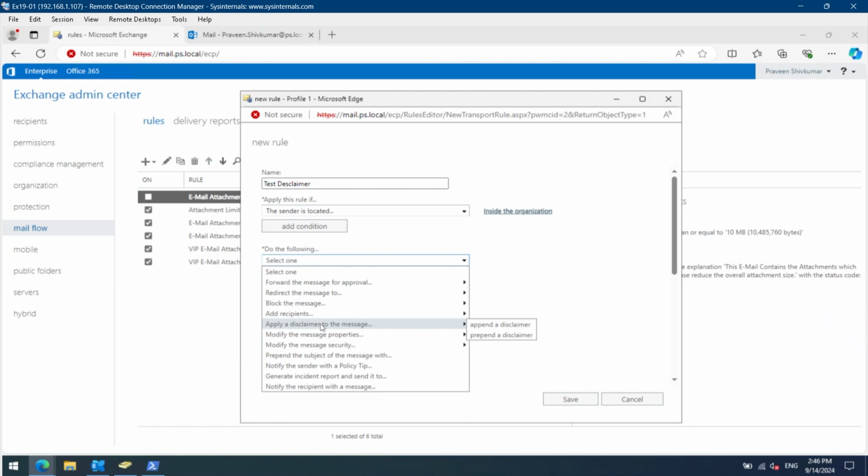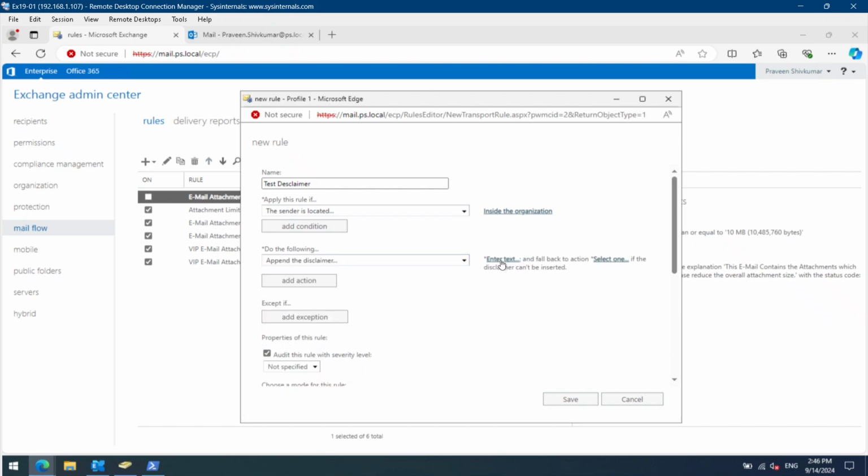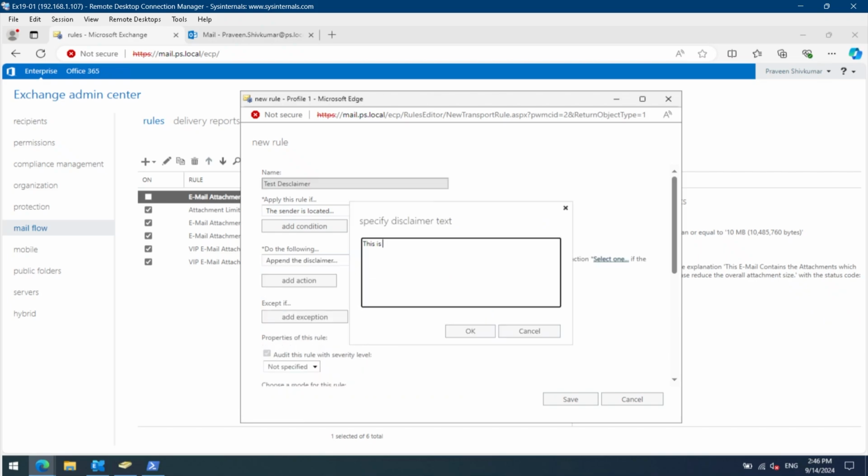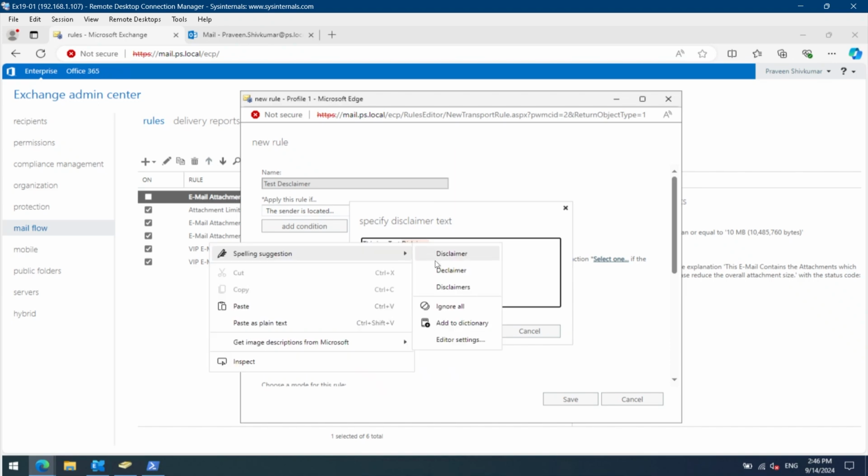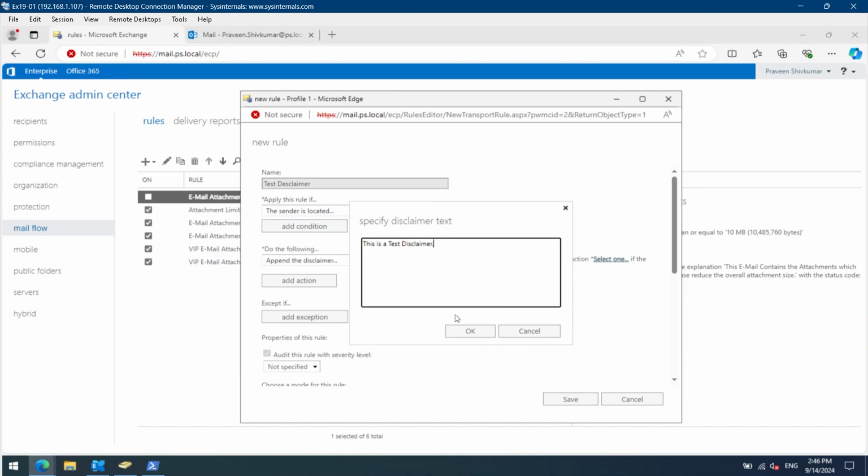In the Apply Disclaimer, there are two ways you can apply the disclaimers. The Append Disclaimer will add the disclaimer at the bottom of your email content. The Prepend Disclaimer will add the disclaimer at the top of the email body. Let's append the disclaimer here as a test. So I will say this is a test disclaimer, and I'm only providing the plain text disclaimer here, and click